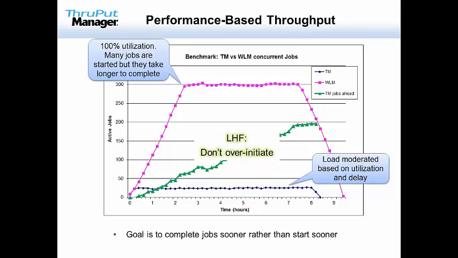Low-hanging fruit. I know this sounds oversimplified, but don't over-initiate. That doesn't mean run 25 initiators. It doesn't mean run 300 either. It means it depends on your capacity, your load, the nature of your workload. Obviously, I would recommend automation, but the point to be made here is that you want to load based on the utilization and based on the CPU delays and the performance of your workload. So it can't be a static number because these things will change over time, and you want to moderate that load. You can't force the issue by just starting more jobs and hoping they'll get done sooner. They'll actually take longer, as will all the other work in the system.